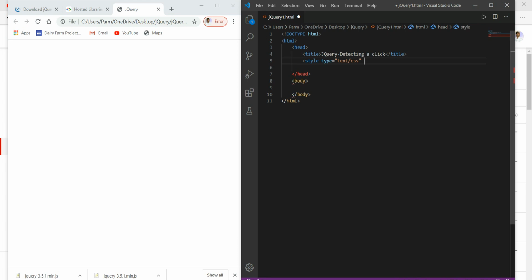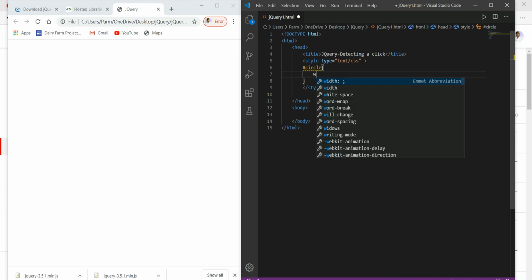Then here we have to write the style. I'm just going to create one circle and two squares. For the circle I'm taking an ID. I'm just creating an ID, say circle, and here I go writing the body of this.